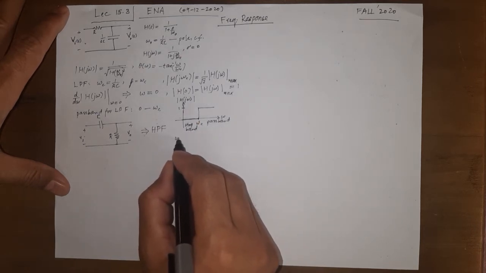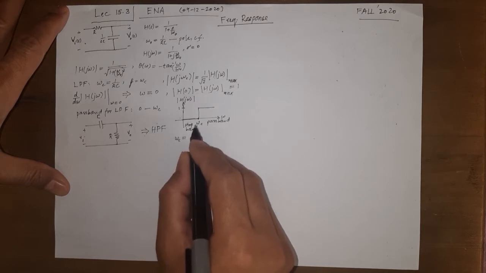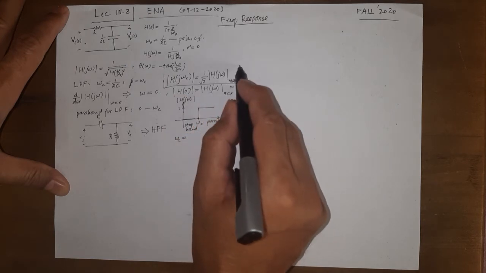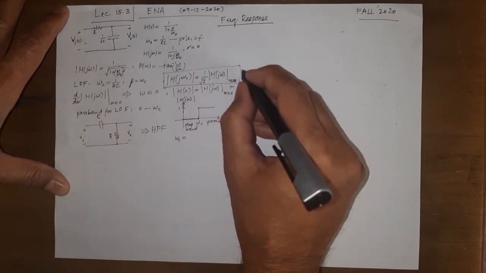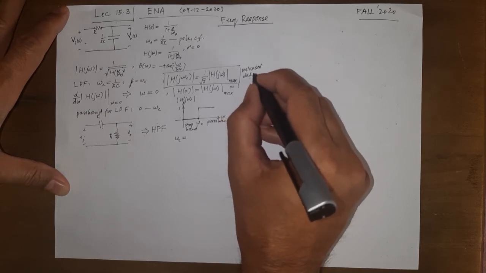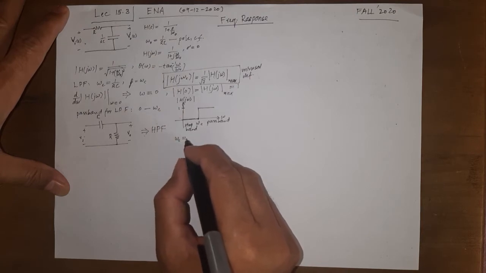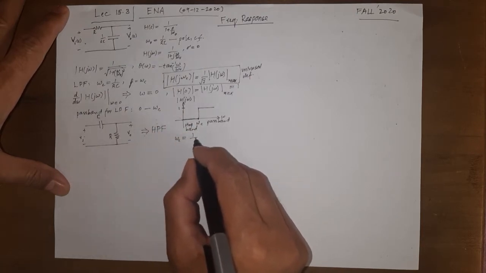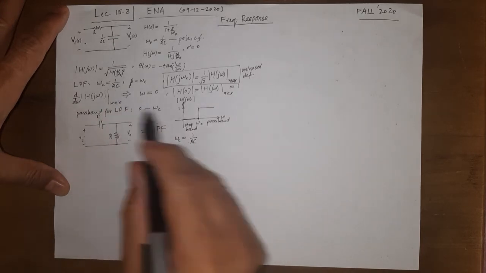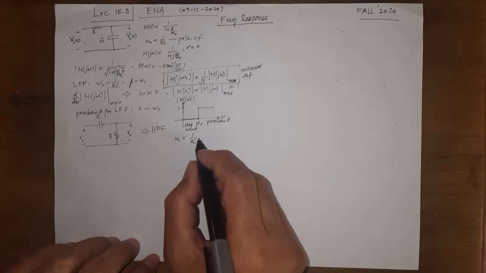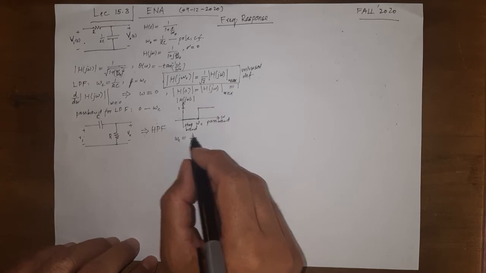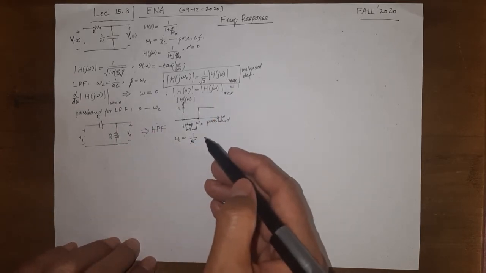So the cutoff frequency remains the same by definition. The definition of cutoff frequency is universal. It does not relate to low pass filters only. It is a universal definition. So if we do the same steps for the high pass filter, we will see that the cutoff frequency for this filter is still 1 over RC, and it is also going to be a pole or a critical frequency. You can work the transfer function out.